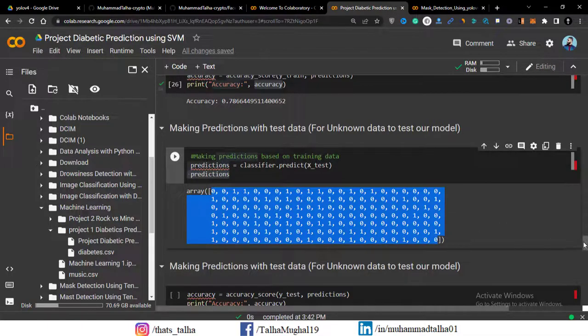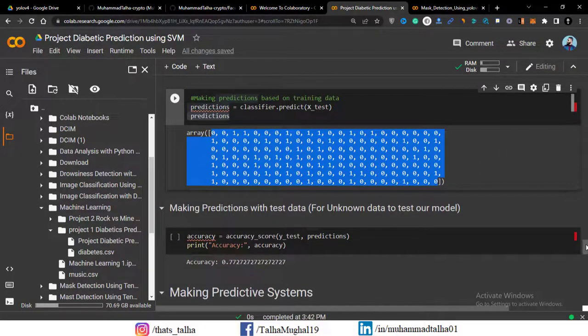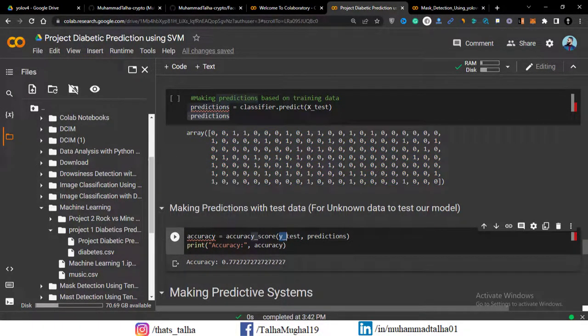So we can go ahead and find the accuracy in the same way. And here you can see I have given the actual output, that is Y test, against this X test, and